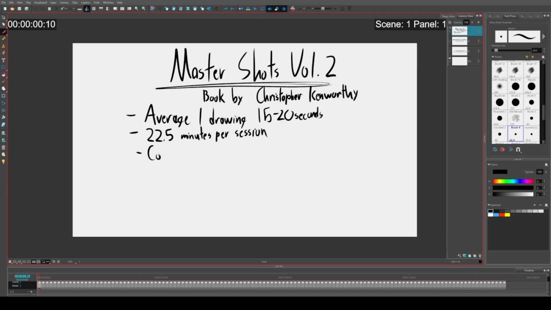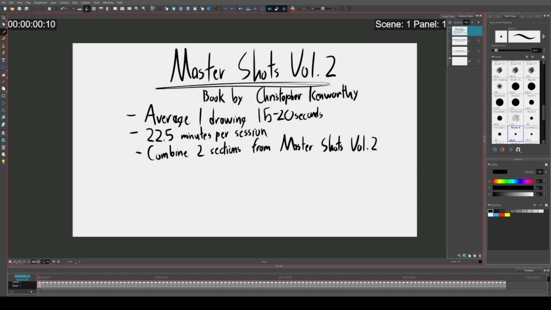And then we combine two sections from Master Shots Volume 2. So that means while I'm storyboarding, it's a straight ahead storyboarding where there's no script beforehand. I'm just making it up as I go along. I'm trying to hit two different sections from the book and combine them together. So then that way it works as like a guide for me as I'm storyboarding, where I'm like, okay, maybe